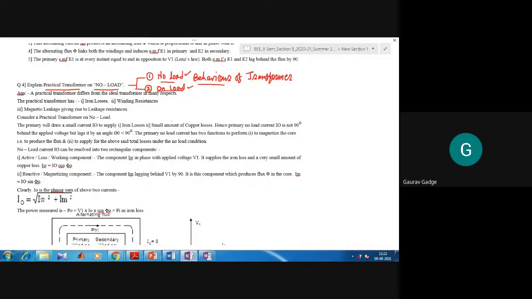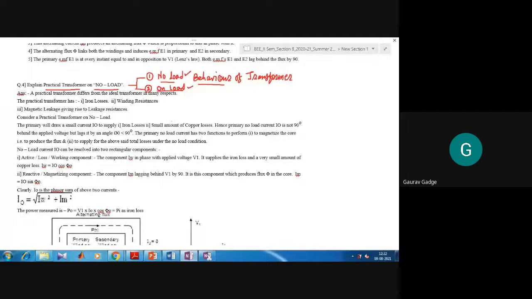Every student cannot be good in academics. The same student cannot be good in sports. The same student cannot be good in co-curricular. Maybe a good mentor, maybe a good follower, maybe a good student. Right? So ideally, practically it is not possible. Those are all ideal concepts. Yeah, ideally it should be like that, but practically it is not possible. So practically, what we say, a practical transformer differs from the ideal transformer.